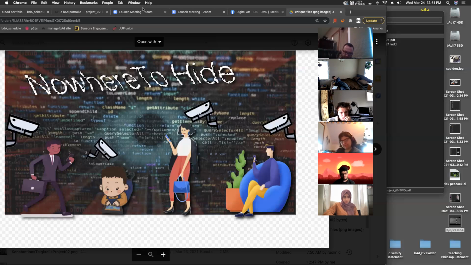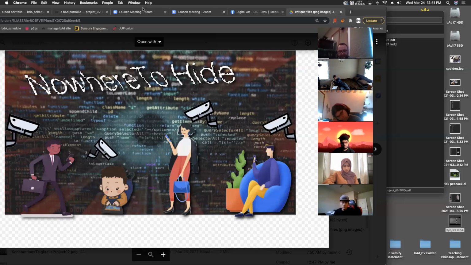So my initial thought, and the reasoning for this, is because I think the background and the nowhere to hide as they stand are a completely different visual style. The stuff on the front is all clip art almost, right? The background is more like raster graphics, right, as of right now. And I'm almost thinking, oh,